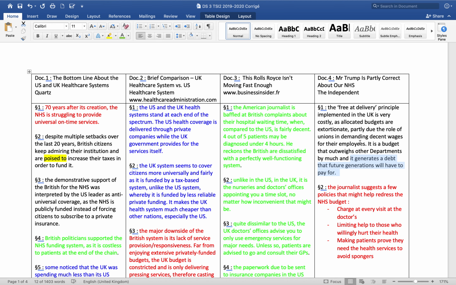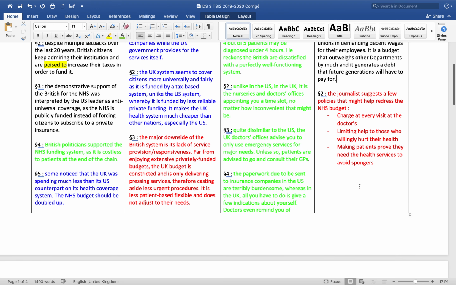He says that the budget that we dedicate to the Department of Health is too much. It's too heavy. Okay, the budget is too heavy, and the reason is that employees, because they use their syndicates, are asking for a lot of money to be paid. And he thinks as well that that's the reason why we have to restrict access to the hospital, because those people have to be paid so much. Okay, so a very different perspective.